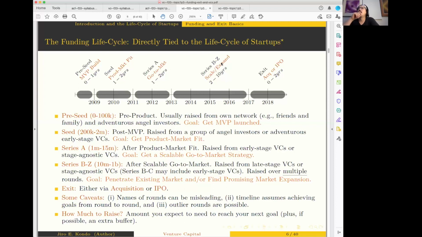So let's stick to the more high-level stuff here and start talking about, again, what the typical named round looks like. The Series A is typically where you've got some evidence of product market fit, and you're trying to reach go-to-market fit, right? So Series A usually is trying to conquer phase 2. And it'll typically be a funding round between 1 and 15 million. That will probably capture 90% of what you see there.